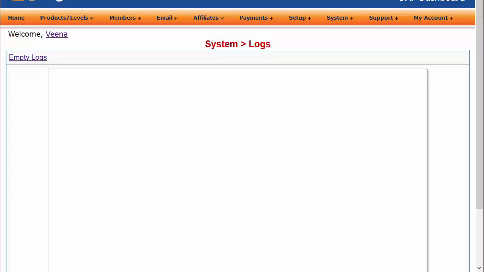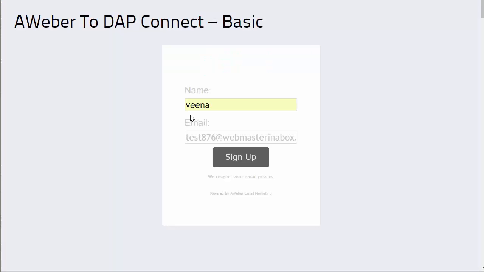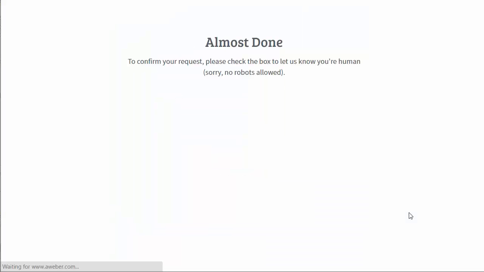So now what you can do is go ahead and sign up like your users would from your sign-up form. So say that you're just using a basic sign-up form and you want to see the field names that are coming in from your marketing platform and also the format of those fields. So here, this is a simple Aweber sign-up form. I'm going to sign up here. After I sign up,